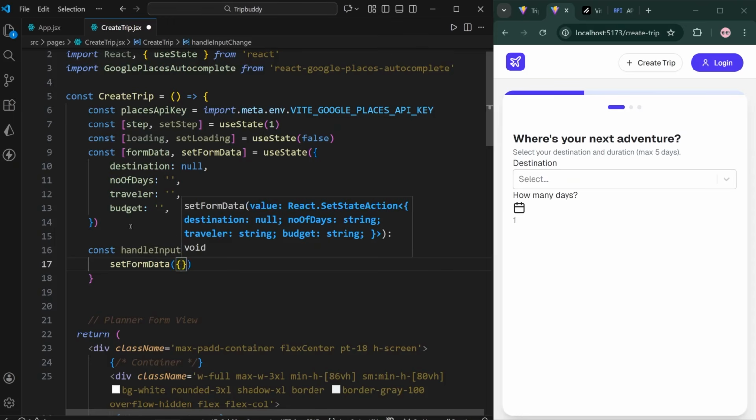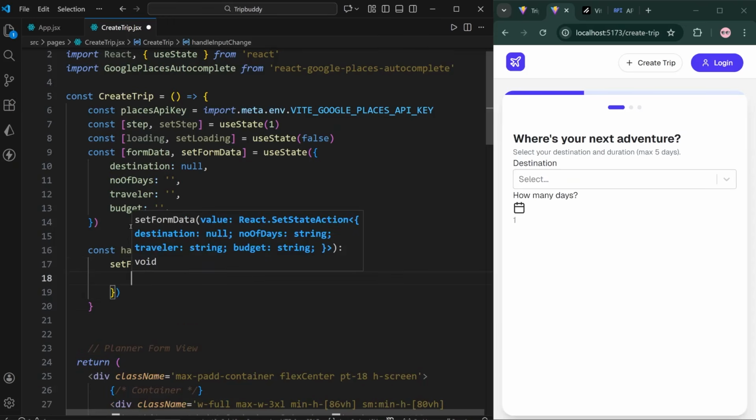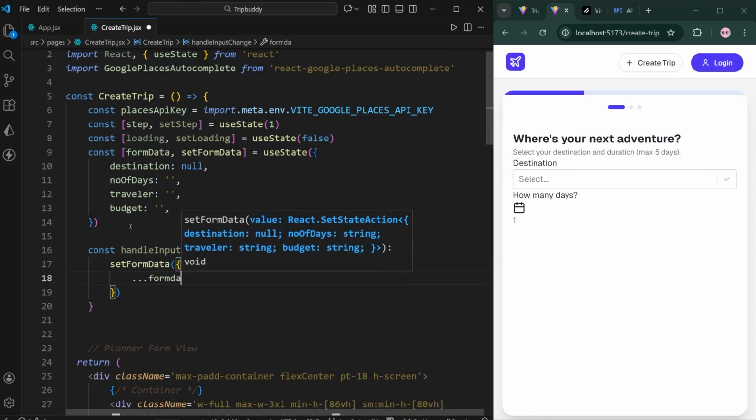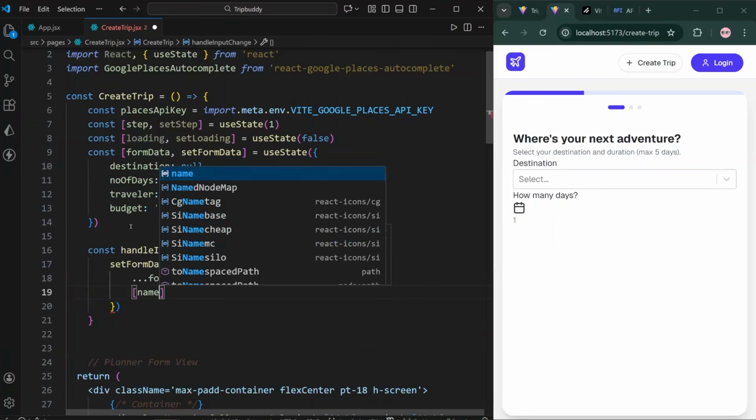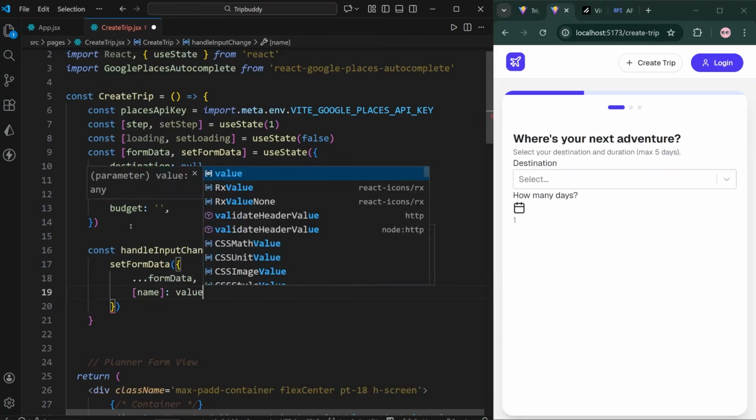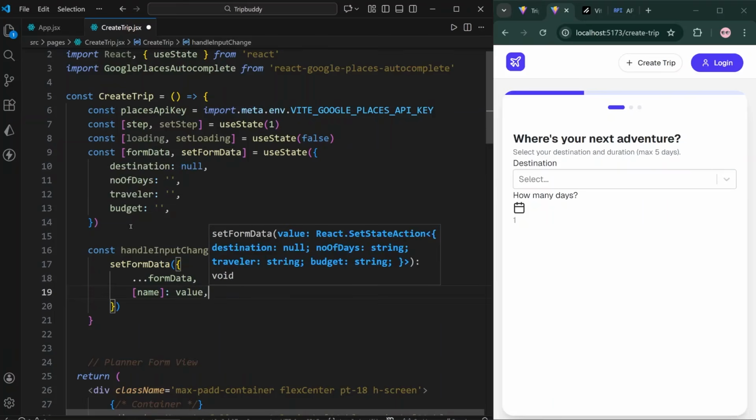We will use the setter function, and we will copy the previous value with the help of form data, and then we will replace it with the new value by using the name value pair. Okay,